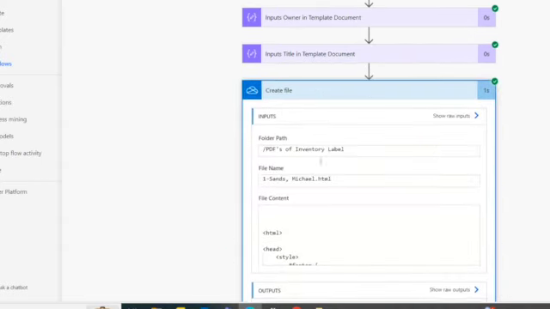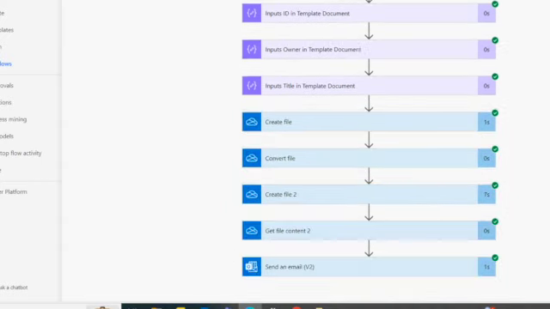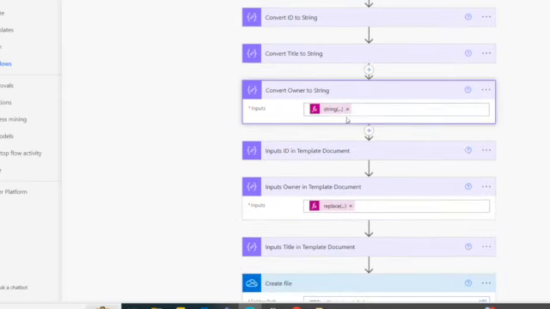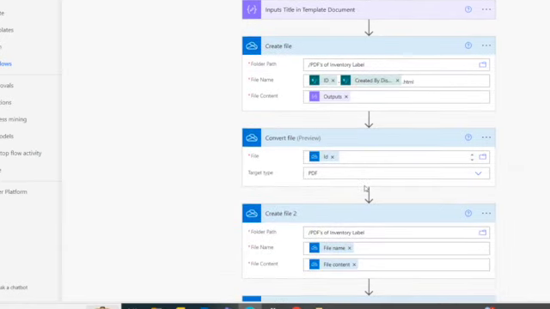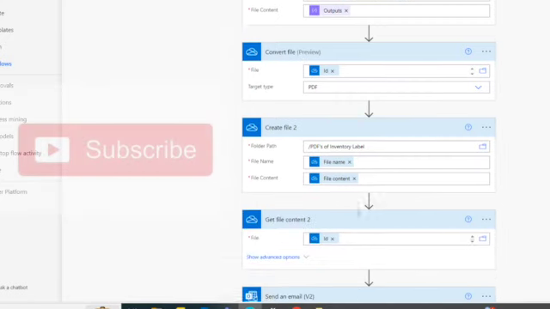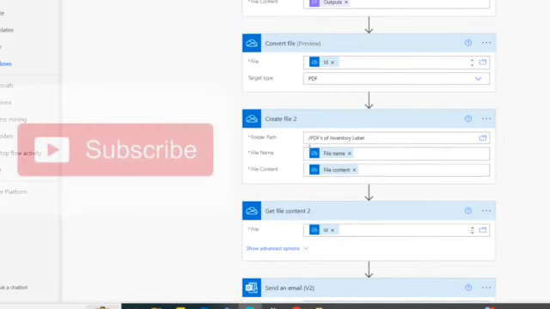And then the create file section is pretty sensitive, but just as long as you follow through, you should make sense of it. The one thing I would caution you is the section where we convert the file to HTML. You create the file and then you convert it to a PDF, and then you create that PDF, dump it into